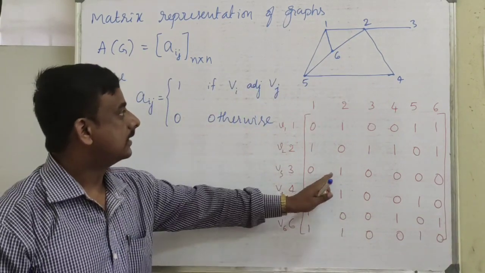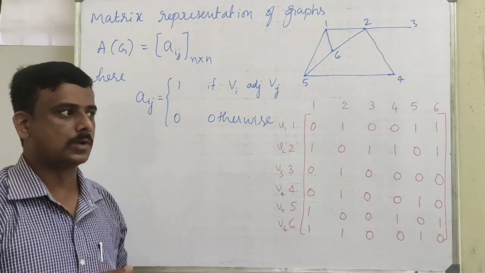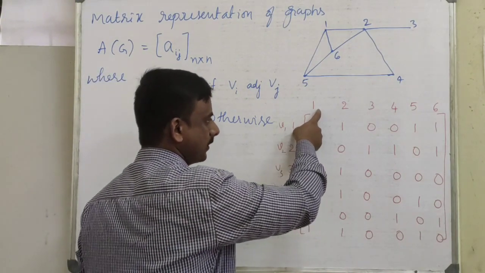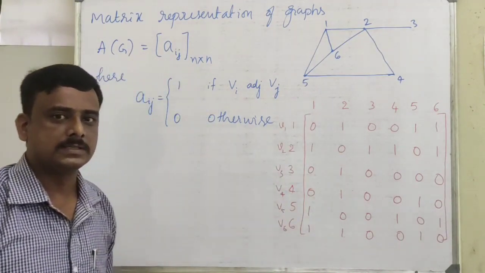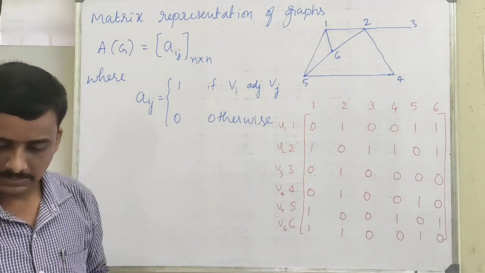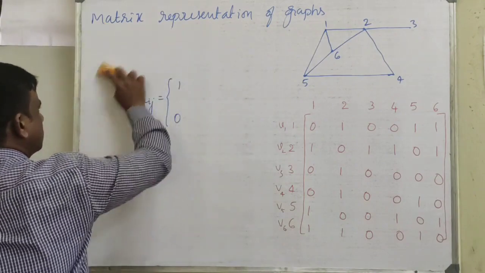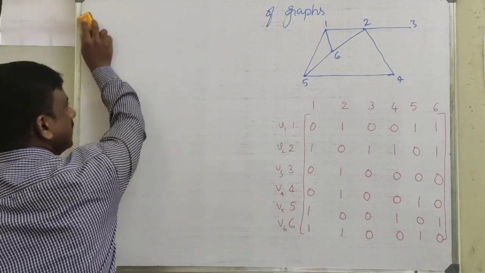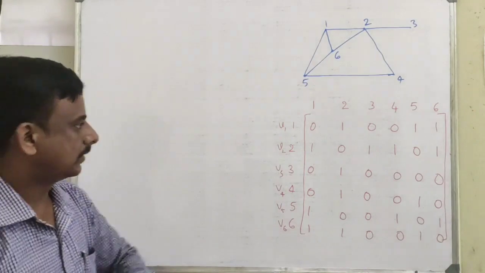So, this is the adjacency matrix of this graph. So, I have to write down both rows and columns, vertices. Then, if the corresponding pair of vertices are adjacent, you have to write the corresponding entry 1. If they are not adjacent, you have to write 0. So, this gives you the adjacency matrix of the given graph. So, similarly, try to write adjacency matrix for some more graphs so that you can easily write down the adjacency matrix of any given graph.